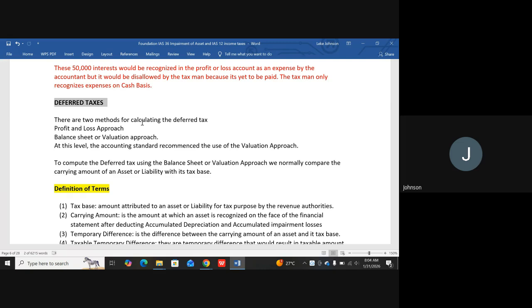So let me quickly do it here so that it doesn't look like I'm speaking jargon. So I said one of the things that cause this temporary difference is what we call the carrying amount of an asset and also the tax base of that asset. So when we come over here, we now say, we do something like this. We say